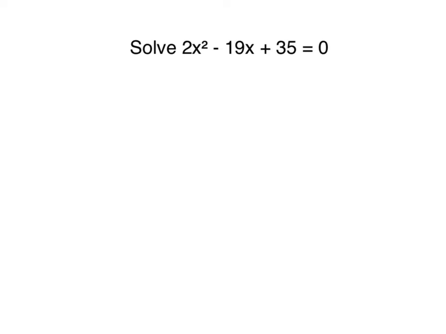Solve 2x squared minus 19x plus 35 equals 0. It doesn't say anything about decimal places, so I'm going to assume that we can factorise, and if I can't do that, then I can use the quadratic formula later on. So I'm going to have my grid,